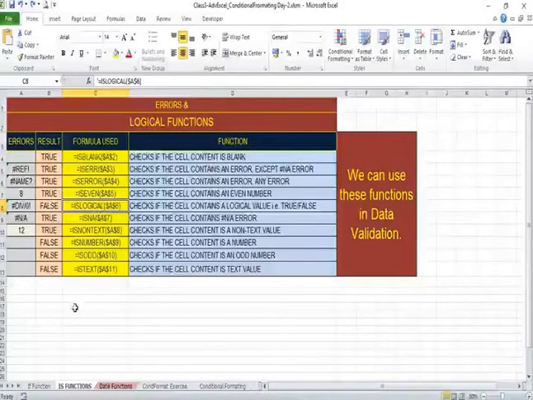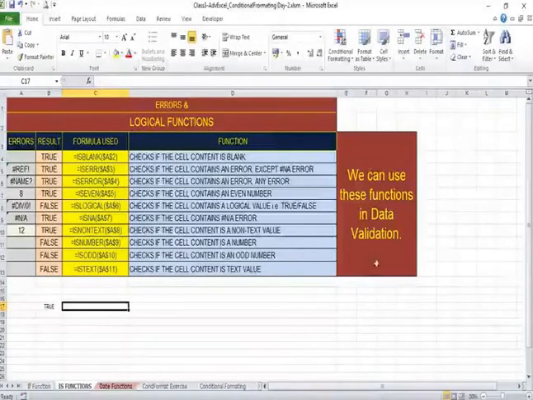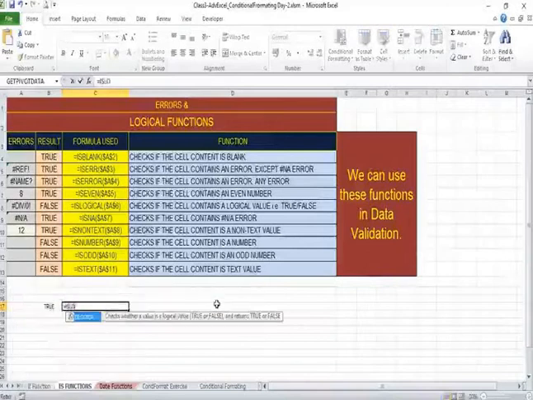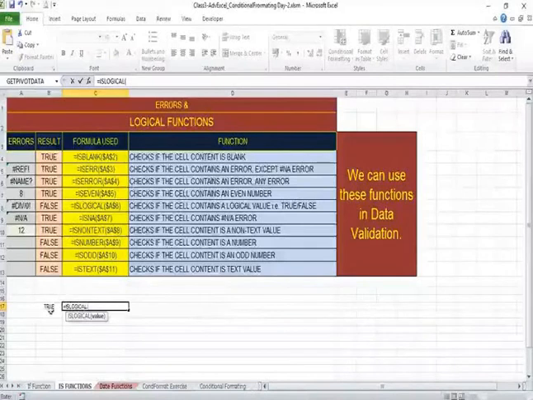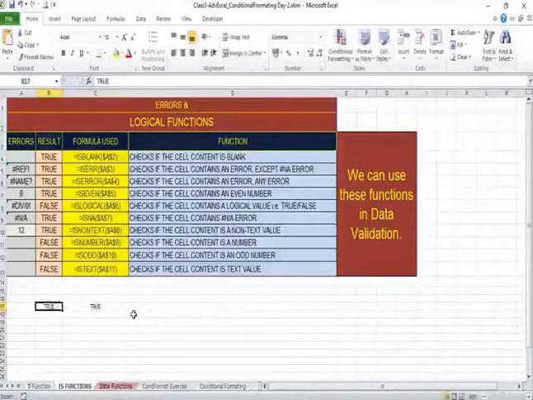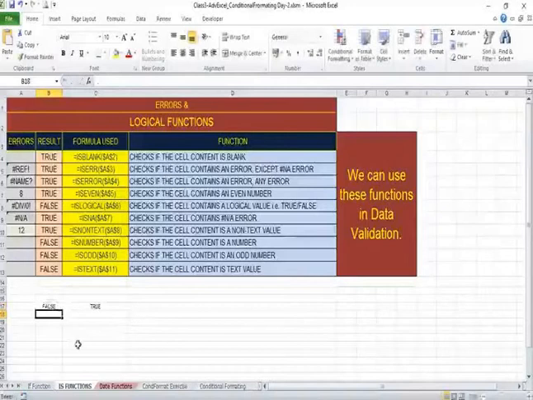So suppose we write here true and we check if this cell is having a logical value. So we will write equal to ISLOGICAL, bracket open, so it is saying true. If you write false here, then even it is true.